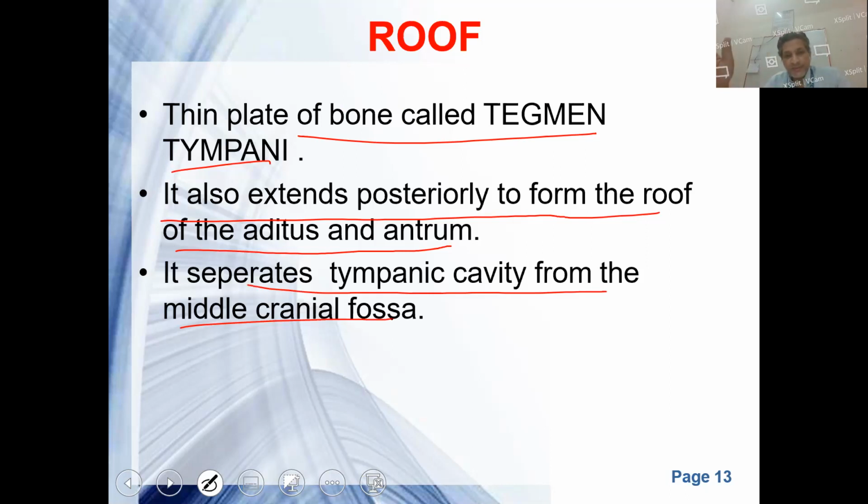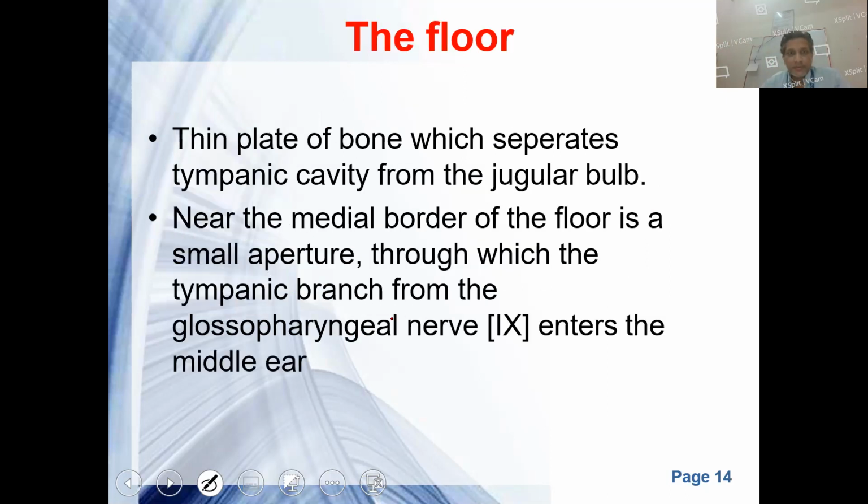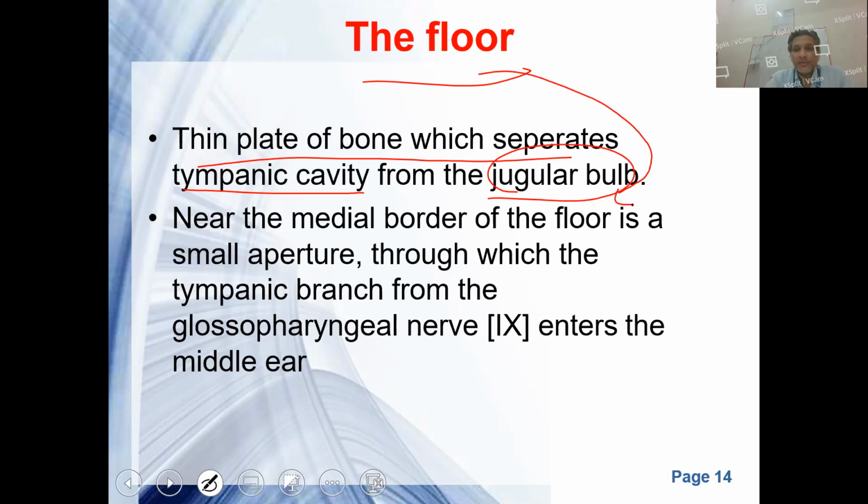So the anterior cranial fossa is all about this cribriform plate, and posterior to the cribriform plate will be the middle cranial fossa. The middle cranial fossa is bounded essentially by the sphenoid bone anteriorly and posteriorly by the commencement of the occipital fossa. Sorry, the floor, the thin part of the bone, separates the tympanic cavity from the jugular bulb. So the floor is lined by this jugular bulb. So sometimes this jugular bulb, in the sense, is a dilation of the.